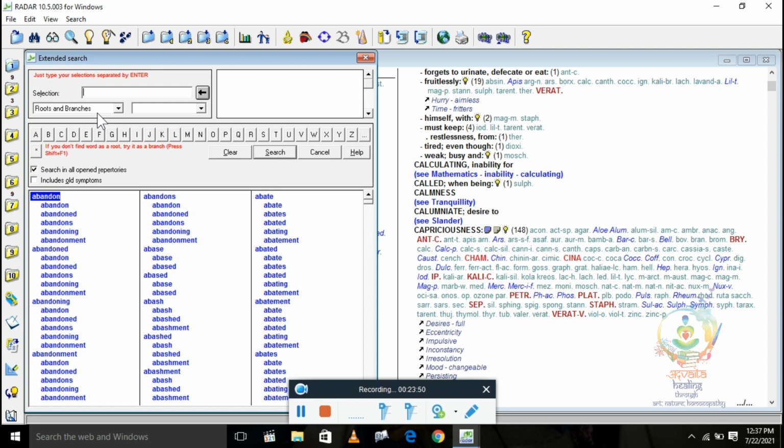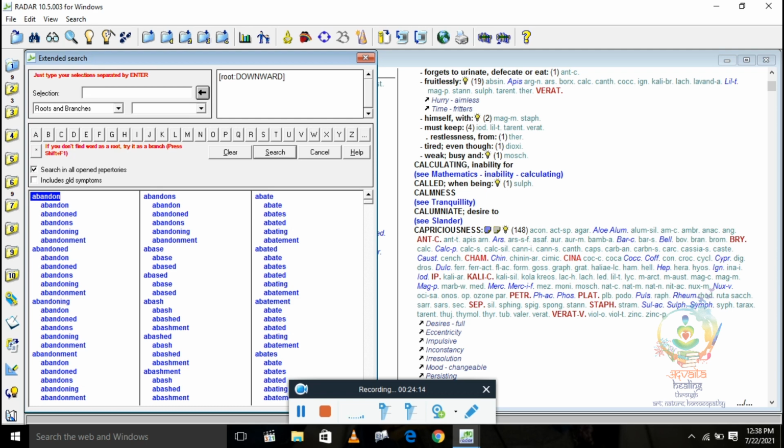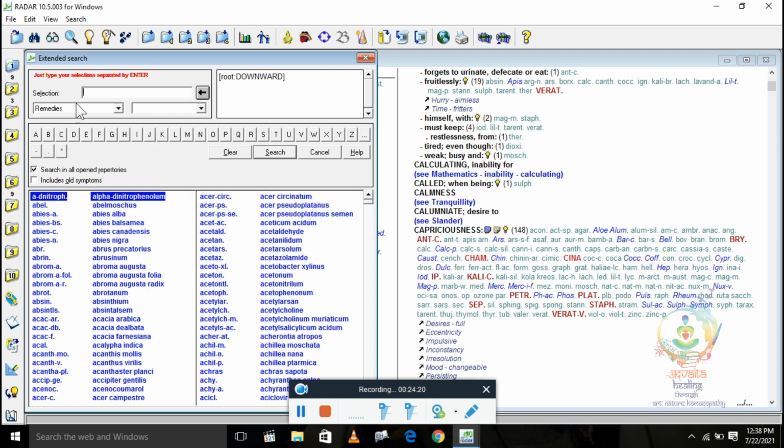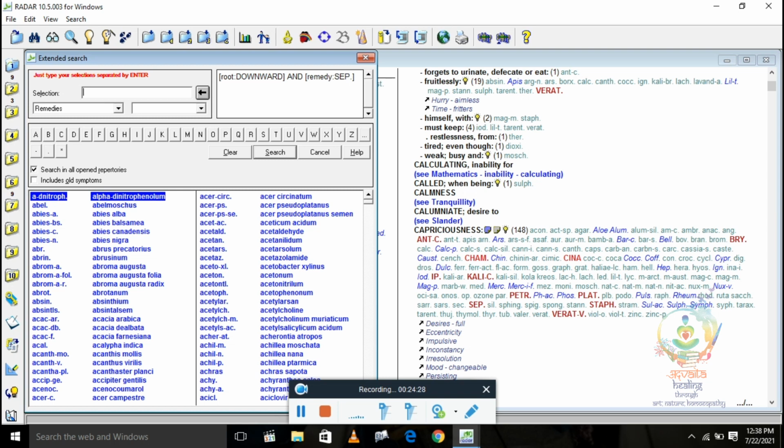Now let's search two things in combination. Like we have first selected roots and branches, I am putting it here. The word downward I have added, and now you want to see this in the remedy sepia. So you want to see the rubrics with the word downward in the remedy sepia.